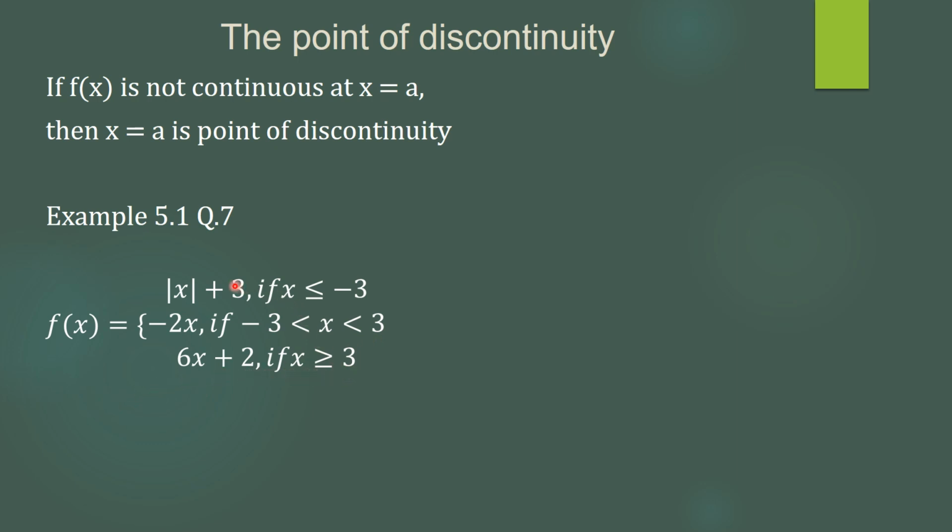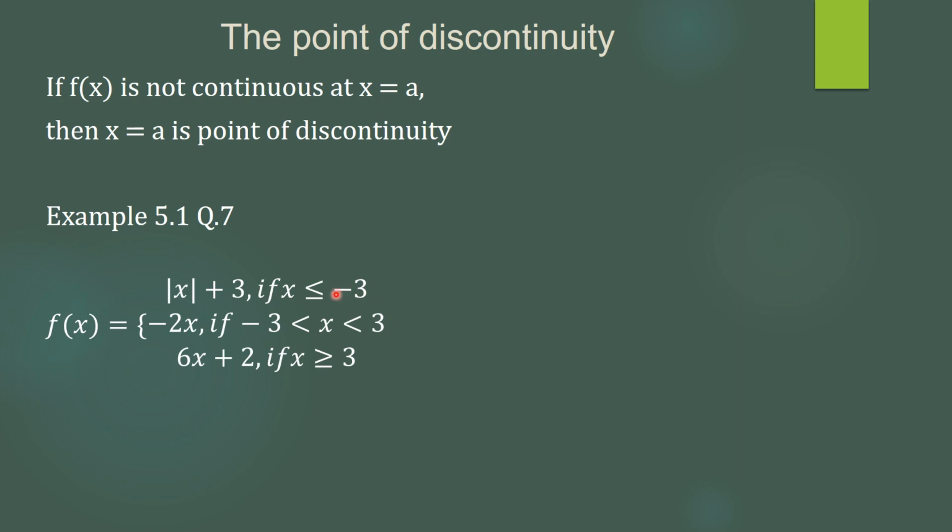So here the function is divided into 3 parts. One is given for x less than minus 3. Second, between minus 3 and 3. And the third part is given for x greater than 3. So the function breaks at the points minus 3 and 3. It doesn't mean that it will be discontinuous at minus 3 as well as at 3, or we cannot guarantee that it will be continuous at every point.